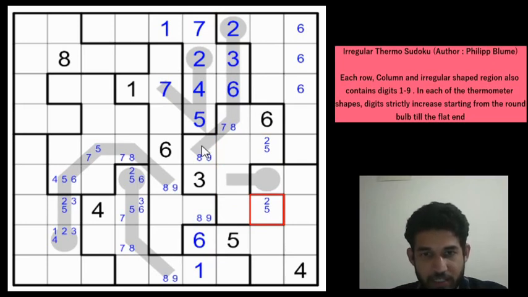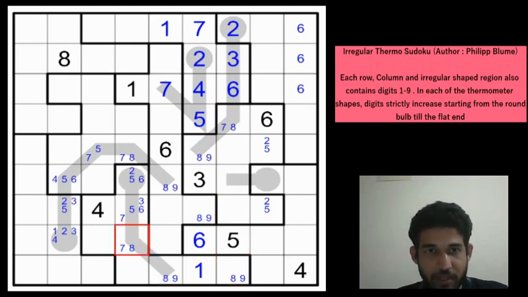And now whichever digit is going to be here, it cannot be in these 4 cells, right? But it has to be in that column. So whatever is here, if it is 8, 8 can't be in these 4 cells and 8 would have to go here. And if it is 9, 9 cannot be in these 4 cells and 9 would have to be going here. So this is 8 or 9. And now when we mark 8 and 9, we get to see that there is a pair. So 8 and 9 pair.